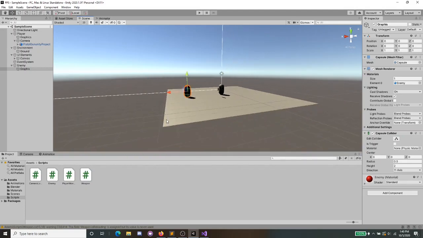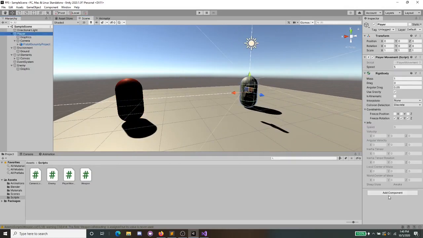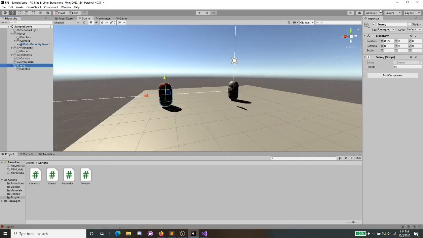So instead of using transform.translate, I clicked on our player and I added a component, added a rigid body. And so rigid body is kind of like it controls all the physics. And then I went down into constraints, opened it up, and froze the rotation on X, Y, and Z so that it doesn't topple over. It stands up straight. And one more problem I think that we should fix is that our enemy script and